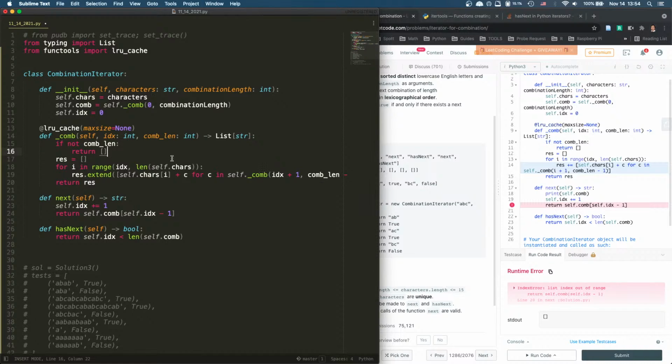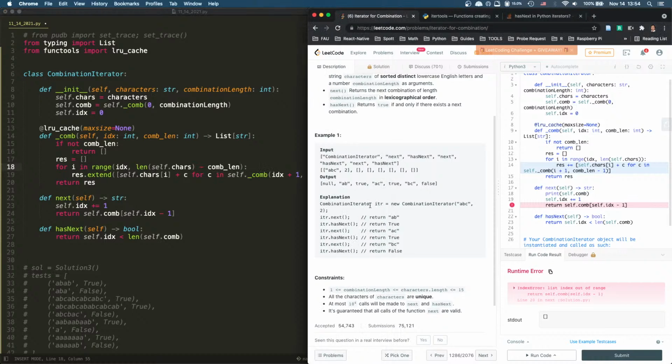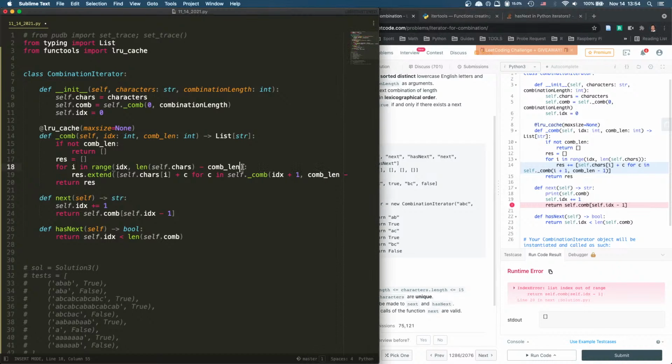So for I in range, index to length minus combination length. Here we have ABC, combination length is 2. So 3 minus 2 is 1. So 0, 1. The maximum I can go is 1. So actually it has to be plus 1, and this is going to be I. So for I in range 0 to the end that I can go to,